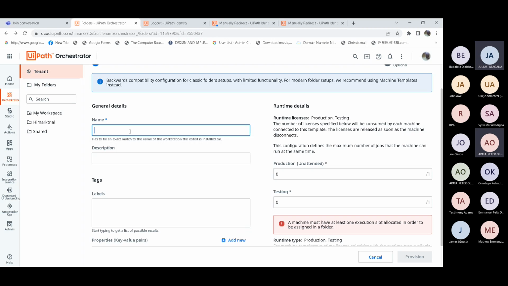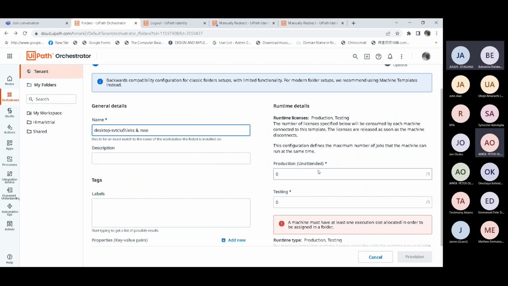Paste the name you have. Okay, I've done that. This is what you copied. There is a space. No, just the way you copied it there. Don't edit anything.